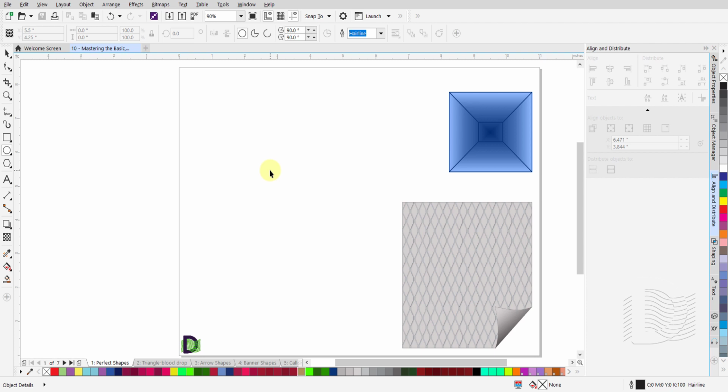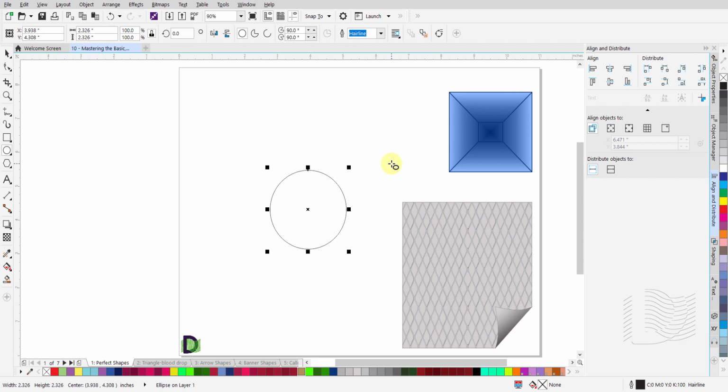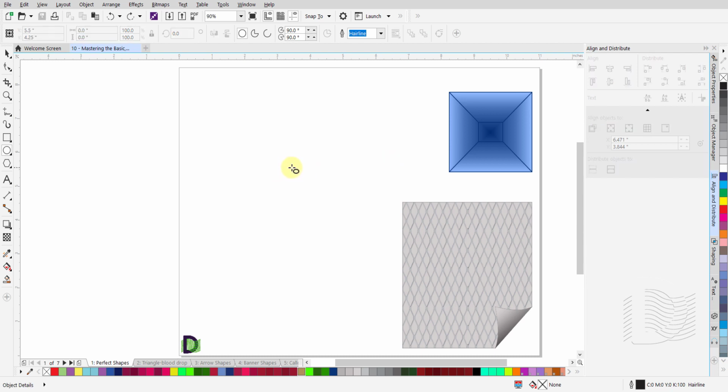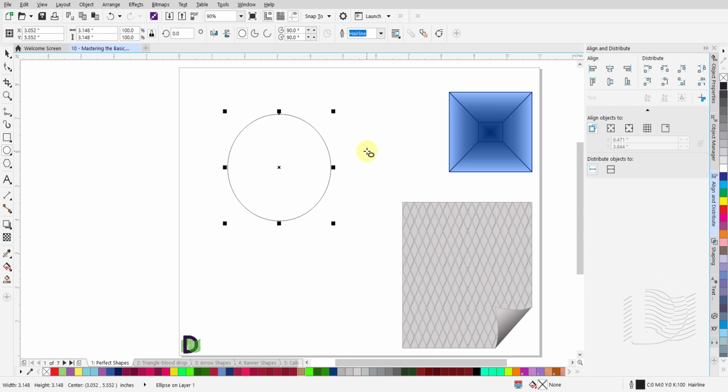have talked about in the previous tutorials, are: 1. If you press and hold down the Control key, Command key on the Mac, as you drag the mouse to draw a shape, you are able to constrain the proportions. 2. If you press and hold down the Shift key as you drag the mouse to draw a shape, you are able to draw from the center out. 3. If you press and hold down the Shift key, along with the Control key, Command key on the Mac, as you drag the mouse to draw a shape, you are able to draw from the center out and constrain